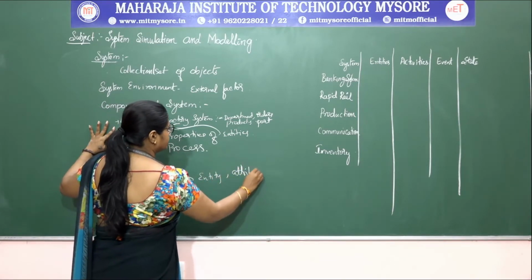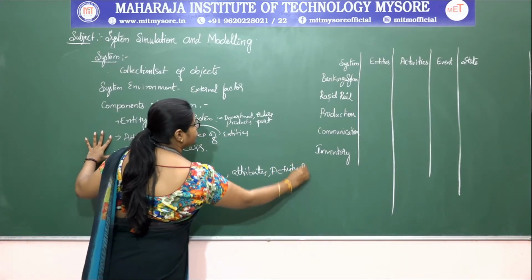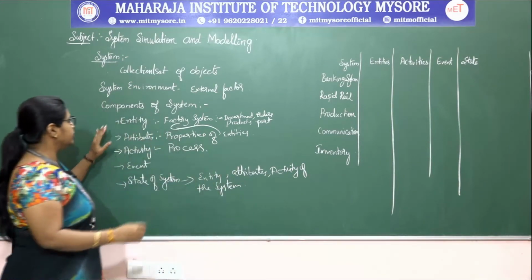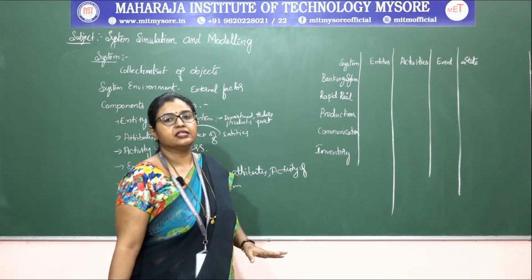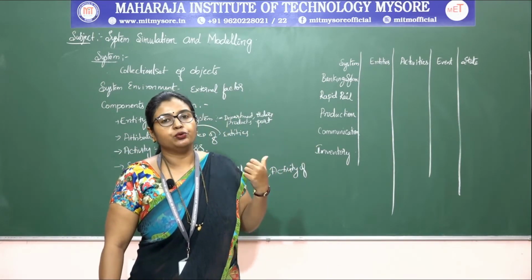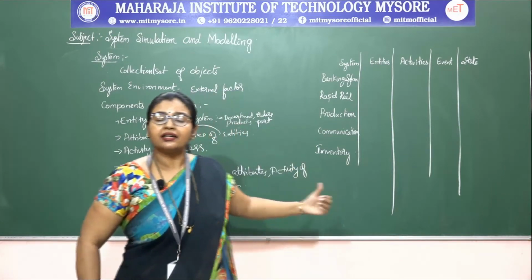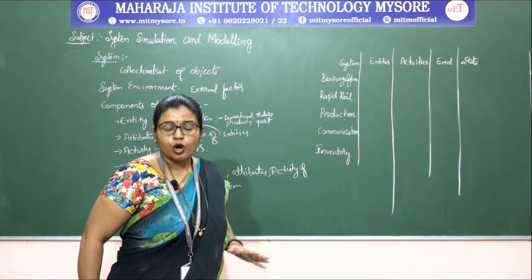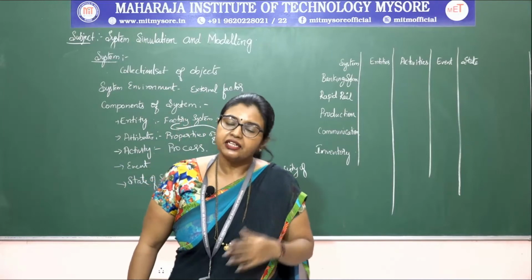attributes and activity of the system. So here the entity, attribute and activity, taken together, represent the system. That is called the state of the system. So we collectively call this at some particular point of time. We are going to consider these three items at some particular point of time,